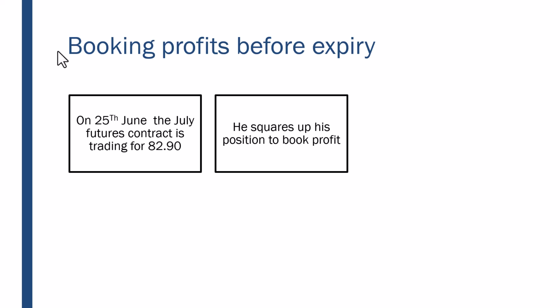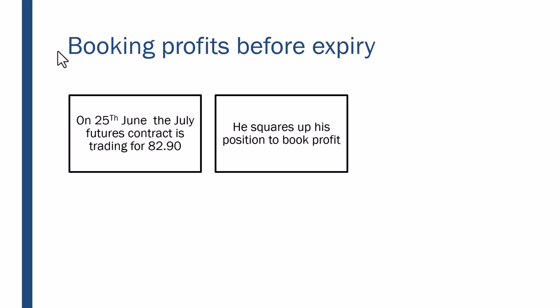This is called squaring up the position. The whole process is called squaring up the position. So what does he have to do to square up? I have bought it with someone. I don't know who that guy is, because I bought it from the stock exchange using my laptop and I can't see the seller. So I have to now take an opposite position. Now I have to sell and somebody has to buy.